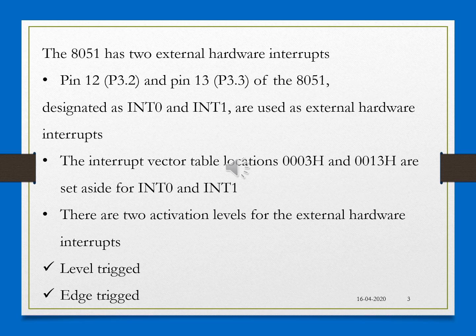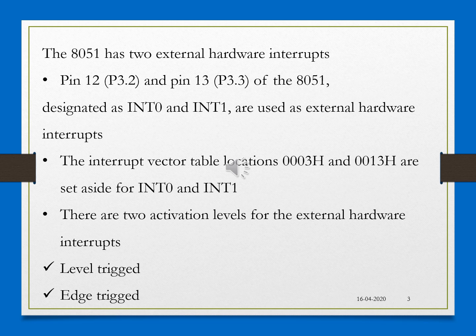Even here, whenever the external interrupts are generated via these pins, that is INT0 and INT1, the microcontroller should stop whatever it is doing and go to location 0003H, which is the ISR location for interrupt 0, or it has to go to location 0013H, which is the ISR saved for interrupt 1 type.